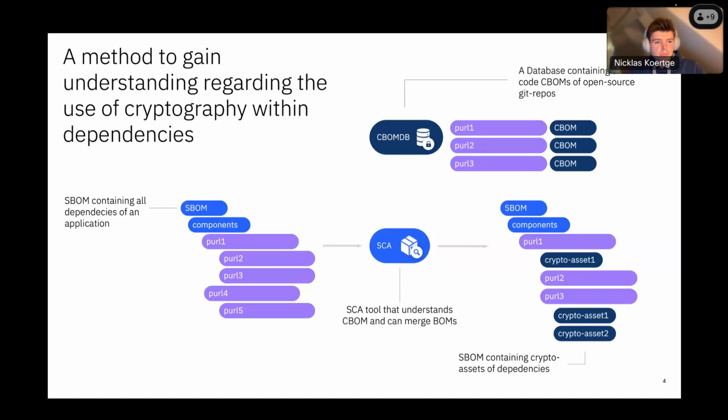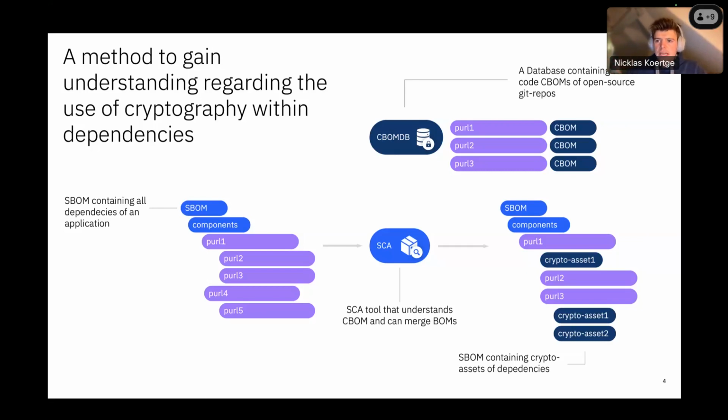So the concept would be that there's actually an SBOM as an input to an SCA tool. And then there is the idea of having a kind of database related to CBOMs and associated with package URLs. So the idea would be that such an SCA tool could find for dependencies by their package URL the associated CBOMs and enrich the existing SBOM with crypto information to get full insight in all the dependencies.